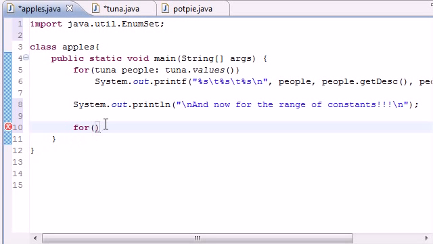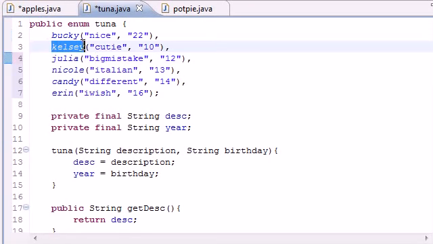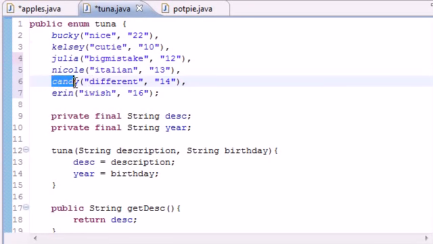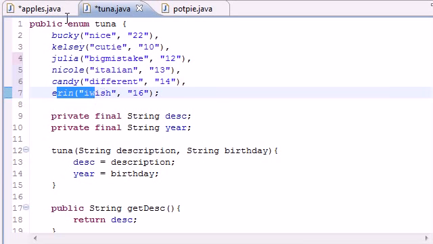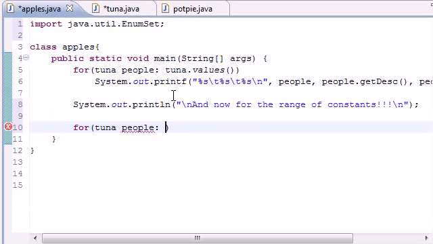It's going to take 2 parameters. The first one is what you want to name your things. I'm just going to name them people, what you want to name your objects. Now the second one is that method. Now we could just plug a regular array in here, but we want to have a range of the array. We want it to start at, let's say, Kelsey, and we want it to end at Candy. So, I mean, we can start and end anywhere. So whenever, like I said before, Java automatically gives you an array of constants in the order that you did them in. But in order to get just a specific set out of there, or range, what you need to do is this: